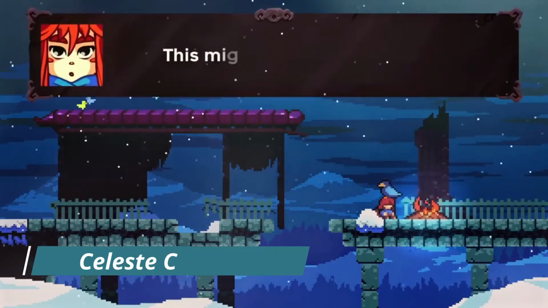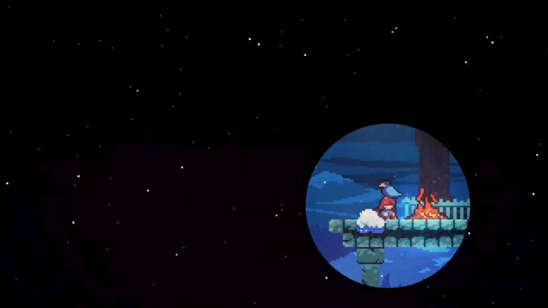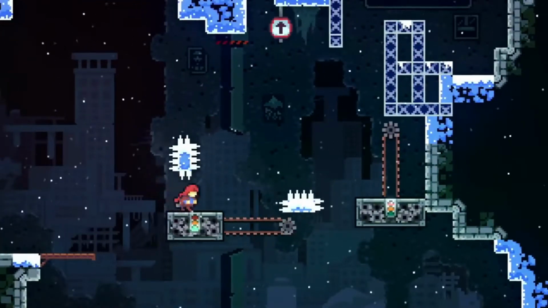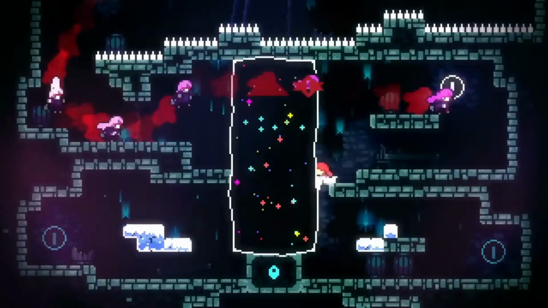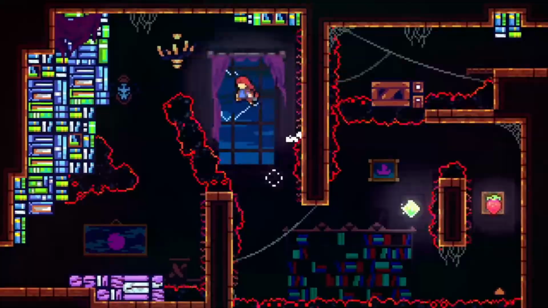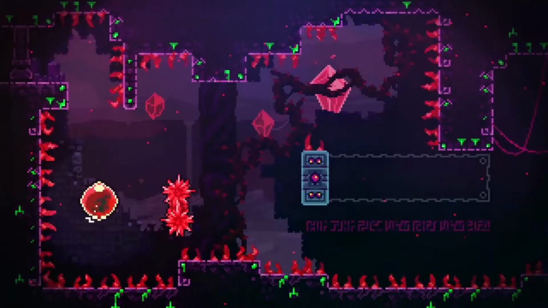Next up we have Celeste Classic. Celeste is an award-winning indie platformer that managed to take the gaming world by storm in 2018. However, before releasing the official game, Canadian developer Maddy Makes Games had been working on a prototype now referred to as Celeste Classic. This early version was originally written for the Pico-8 virtual console and can still be found